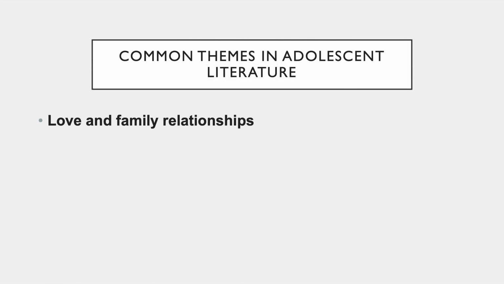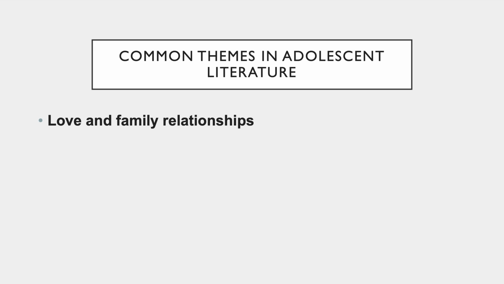There are some common themes that you'll find in adolescent literature. One of the main ones is love and family relationships. When we talk about love, of course, we're talking about romantic love, not brotherly or friendship love, because that's another theme. They're adolescents, and you know the little hormones are kicking in. So there is always love coming out. Family relationships as well is another dynamic that comes out. And they tend to twin them, love and family relationships.